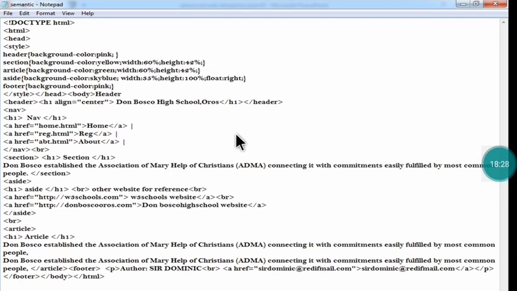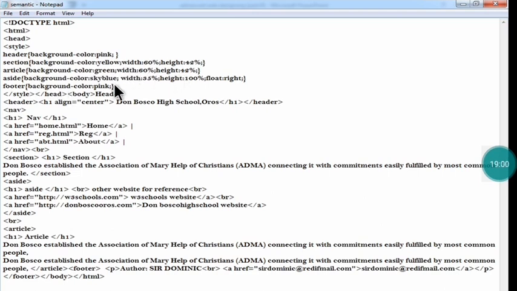See the full program by using all the tags. Open your notepad and type all the basic tags first. Create styles for header, section, article, aside, and footer. This is the CSS you have already learned, how to create a style. Here I use a background style for all the elements in HTML5. For example, for the header I use background color pink. For the section I use background color yellow, and the width and height also.